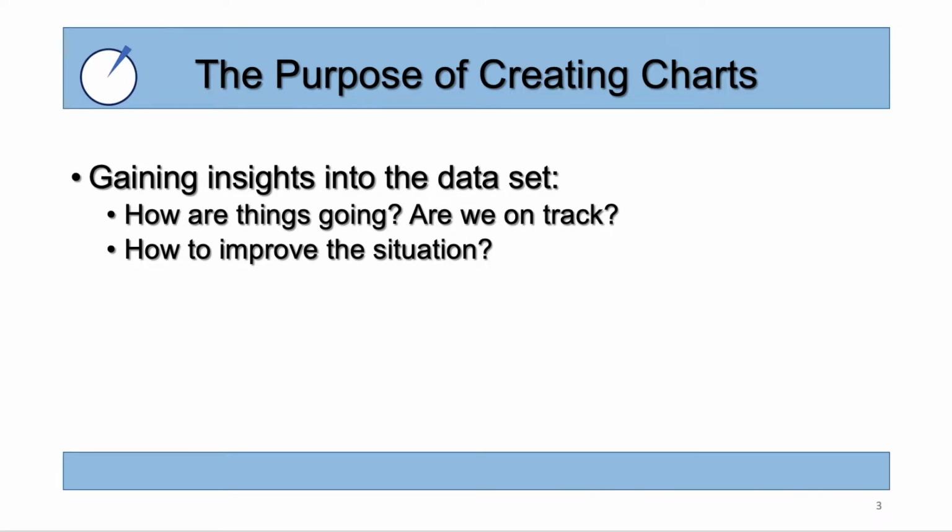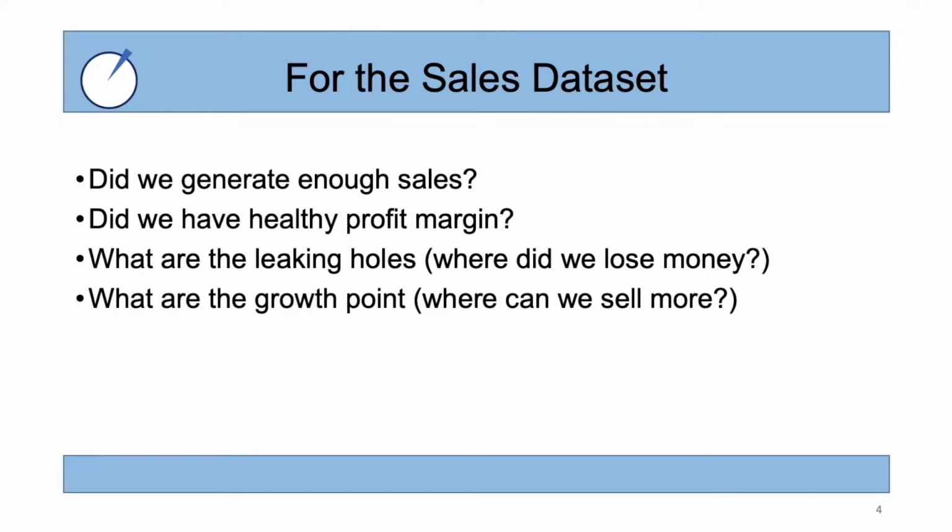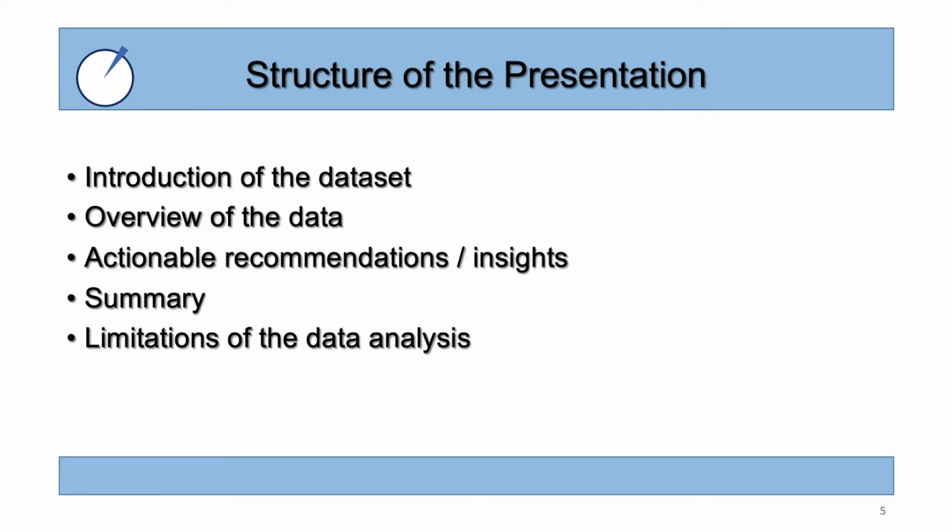From the specific sales data set from Good Office that we've been using throughout the past 3 videos, 4 examples of these guiding analysis questions, and 4 questions that our charts can answer, include: did we generate enough sales? Did we have a healthy profit margin? What are the leaking holes where we've lost money? And what are the growth points where we can sell more? Those 4 questions will be answered by our following example presentation, but I also wanted to touch on the